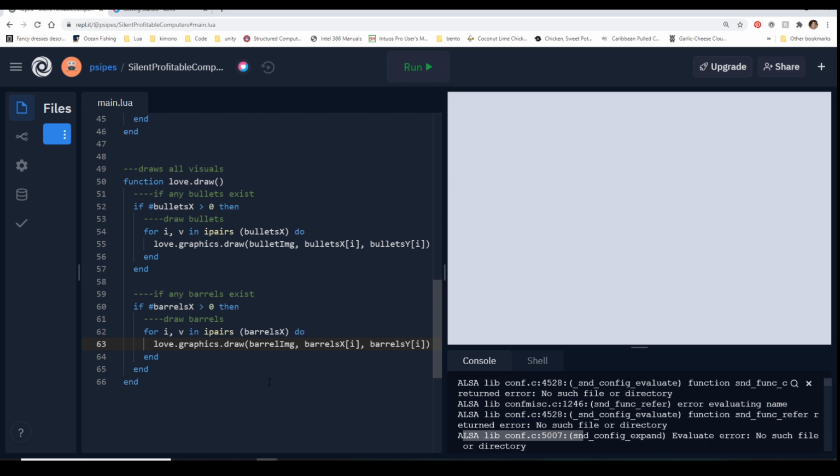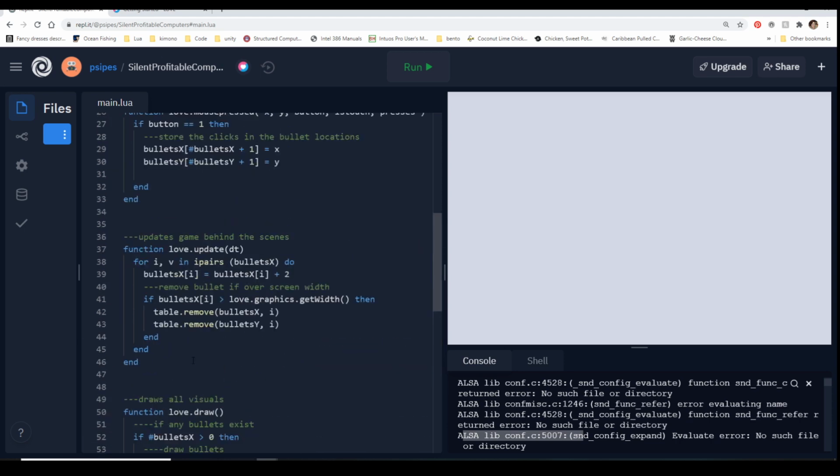It kind of depends on how you want to do it. I like randomizing to start with since I know how the logic works, but maybe with collision you're not so sure, so you might want to keep it in one spot and check your collision that way. But it's up to you. So speaking of collision, that is what we are about to do.